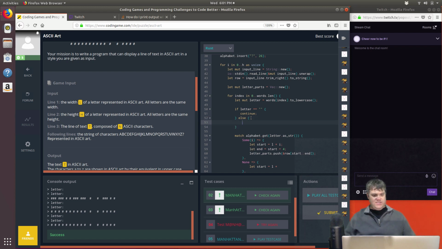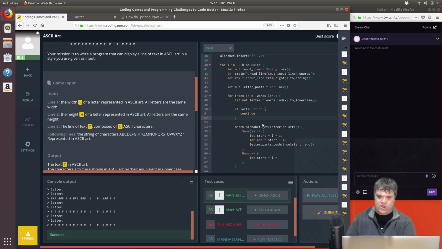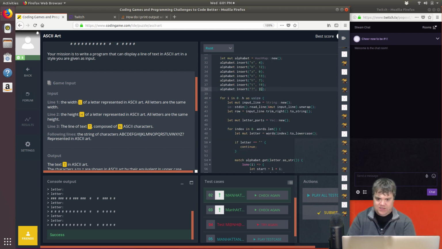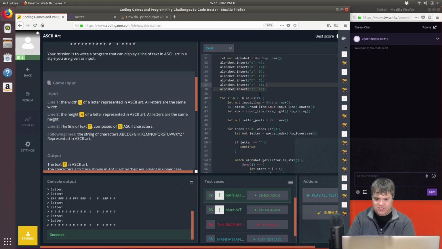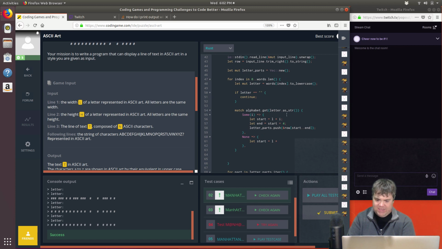Else, if it's something crazy, I guess it's not really helping at this point in time. We always know that it's going to be the 26 along there. So we could even just not have this here, but I think I'm going to keep it in as essentially documentation about where this magic number 26 is coming from, because I want to get this alphabet get letter as string,